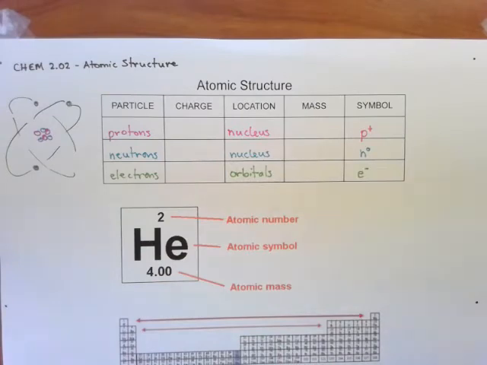Well, why? What do these symbols mean? They correlate to the charge. So an electron has a charge of -1, proton has a charge of +1, and the charge on a neutron